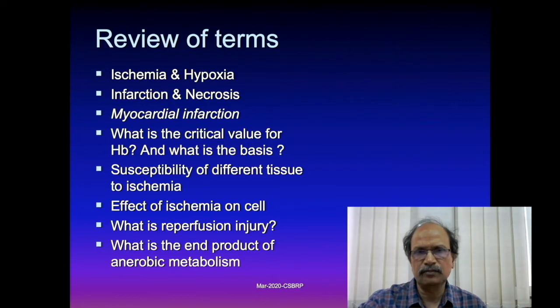So what is the end product of anaerobic metabolism? If you look at your physiology, the end product of anaerobic metabolism is lactic acid. Whenever there is anaerobiasis, you will see the cell pH dropping because of the increased concentration of lactic acid. So what is the effect of lactic acid accumulation, or drop in pH, within a cell? It is associated with the dissociation of the ribosomes from the rough endoplasmic reticulum,